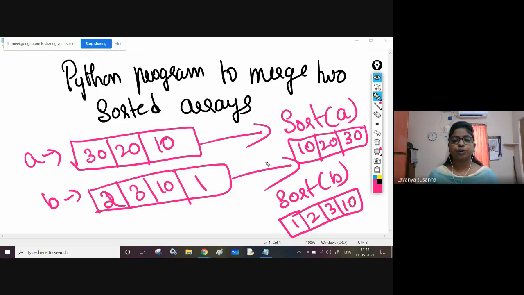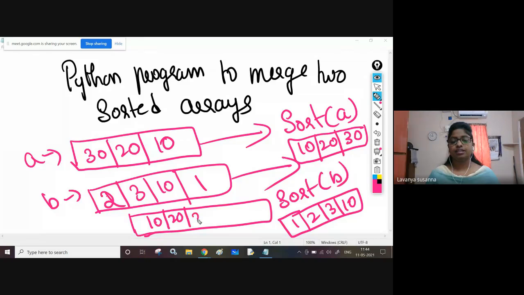Now, what you need to do? You need to combine A and B. So, the output must be like this. The output is 10, 20, 30, 1, 2, 3, 10. First one is array A, next one is array B. You need to combine it.